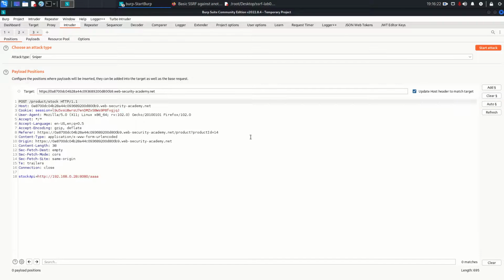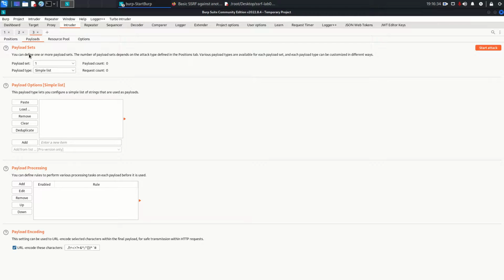Now clear all the positions and just add this position. Okay, and click on add button, and here you can see it's added. Attack type is sniper. Okay, go to the payload section, and here I am going to just load, actually, because this is community version this time I'm using, so it's going to take too much time, but I'm going to add some